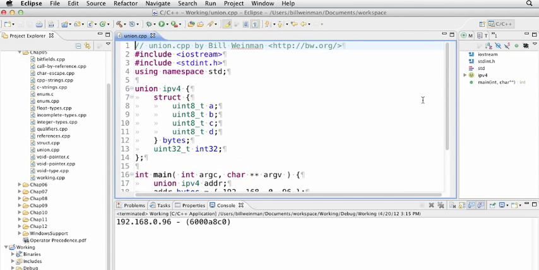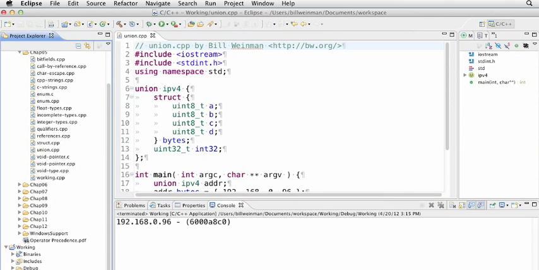So unions are often used to conserve space in data structures, reuse space for various purposes that are not needed in the same record. They're also sometimes used for crude polymorphism, as we see here. You need to be careful. Using a union often means that you need to take responsibility for type checking yourself, and because of this, unions are rarely used when C